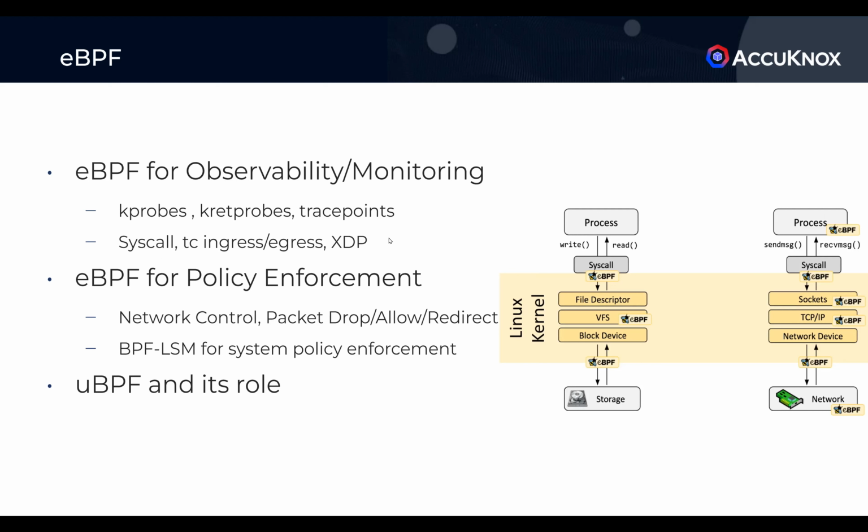These are the three primitives that were available. And one of the primary goals of eBPF had been to do network control for all these aspects. The packet control part was the most important aspect, because of which eBPF got introduced. With the advent of newer kernels, like I've mentioned here, BPF LSM for system policy enforcement, and this is an aspect which is hardly talked about in the open source community even.